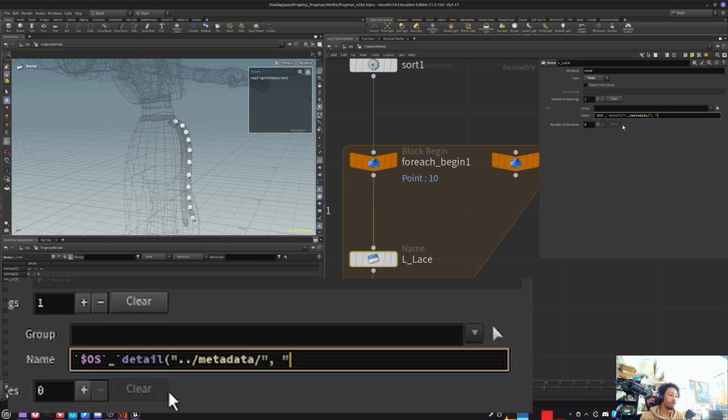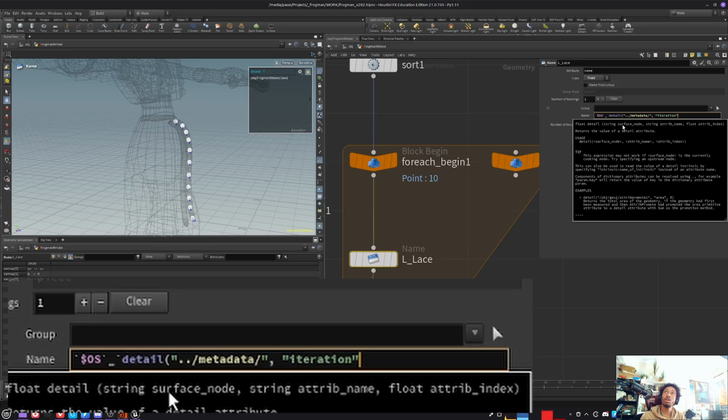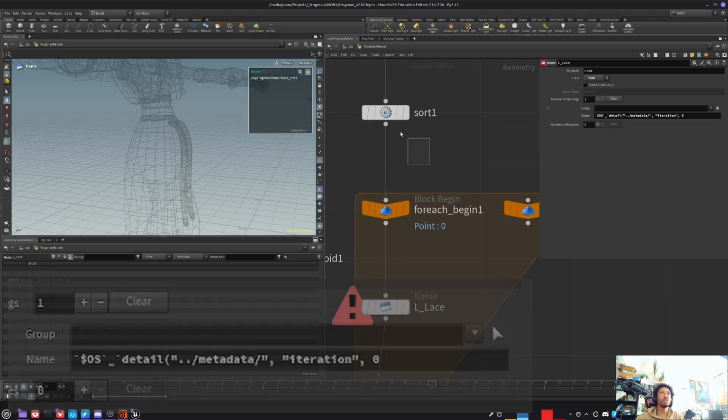So we're gonna open the quotes, write iteration, close the quotes, comma, and the float attribute index is basically the number that's connected with